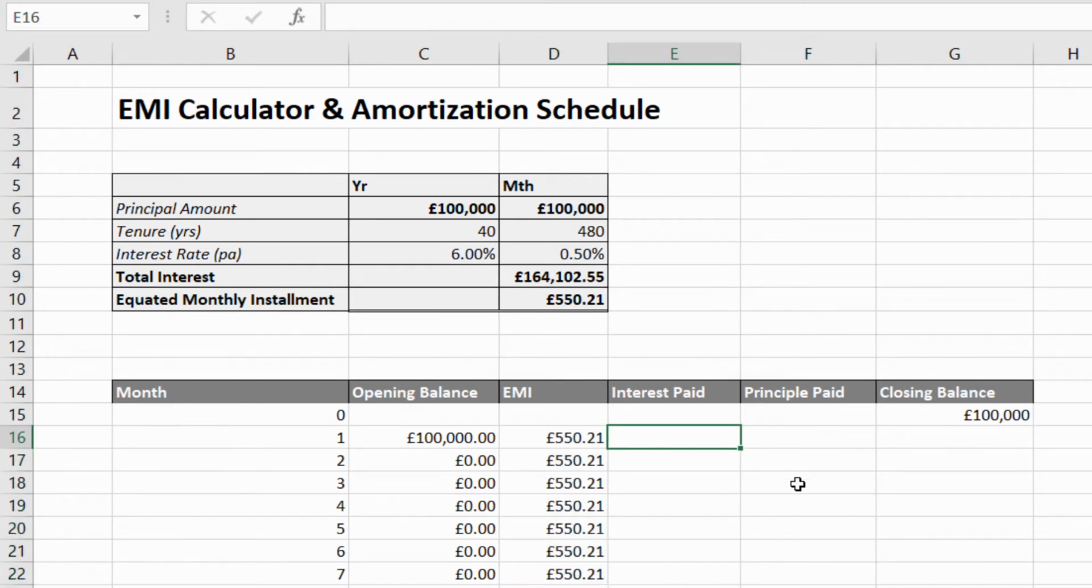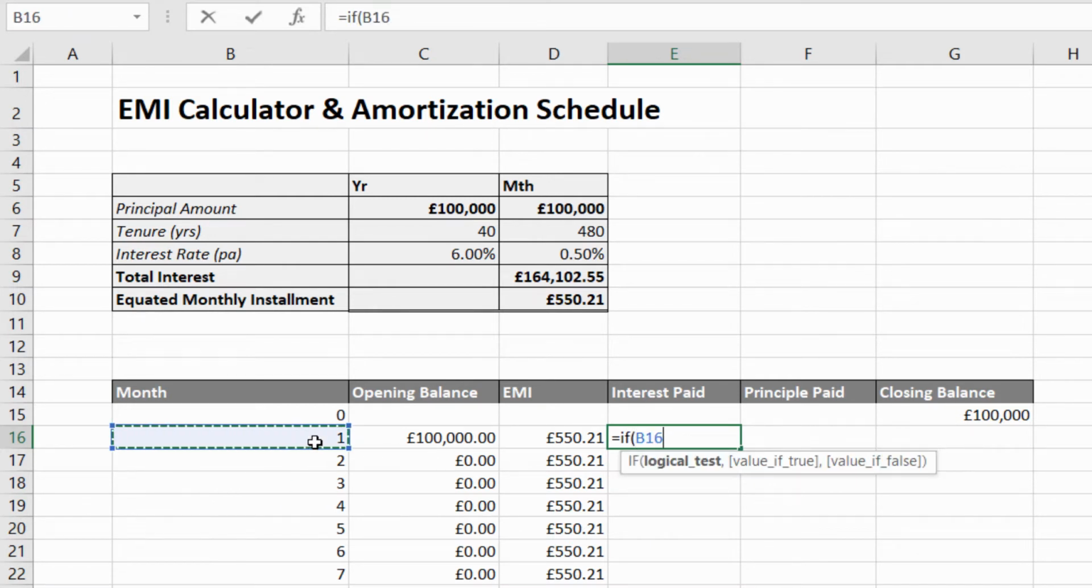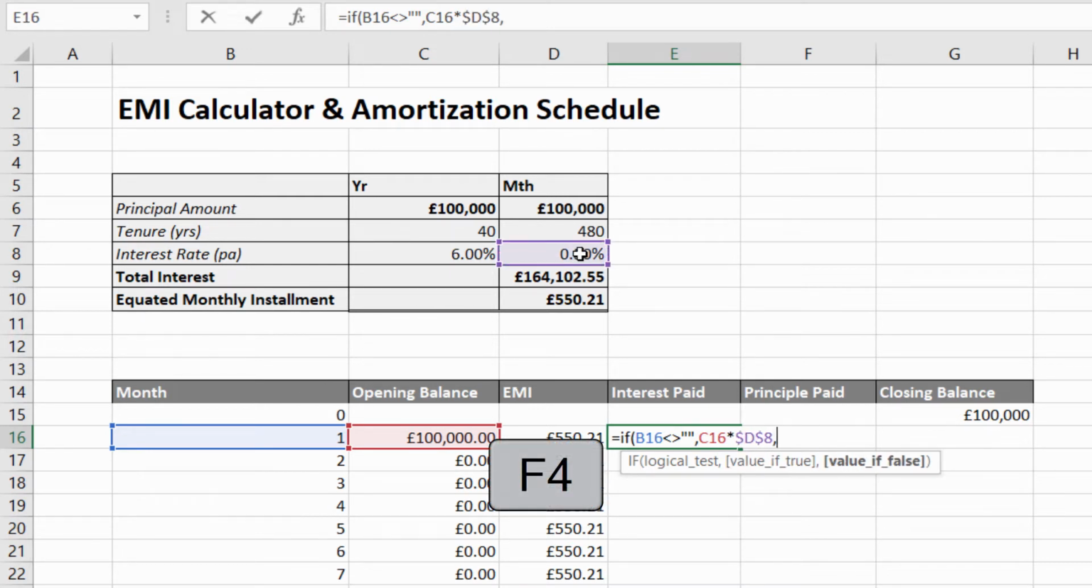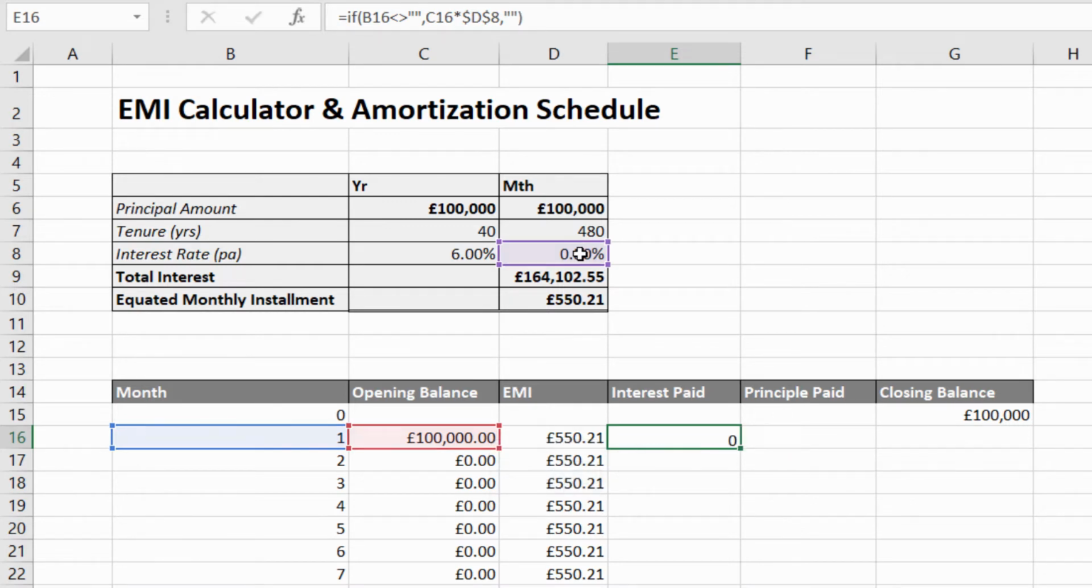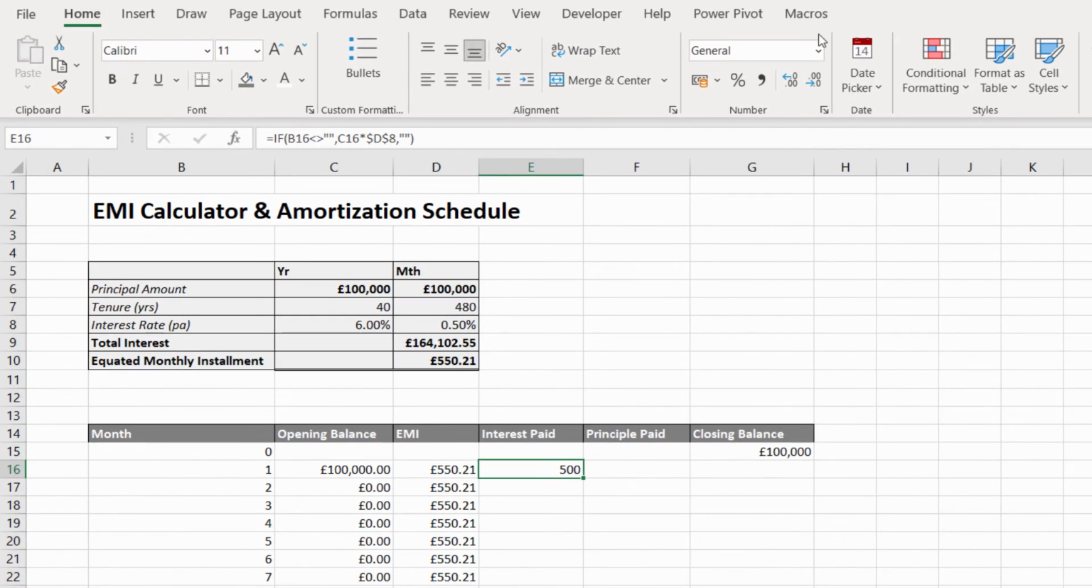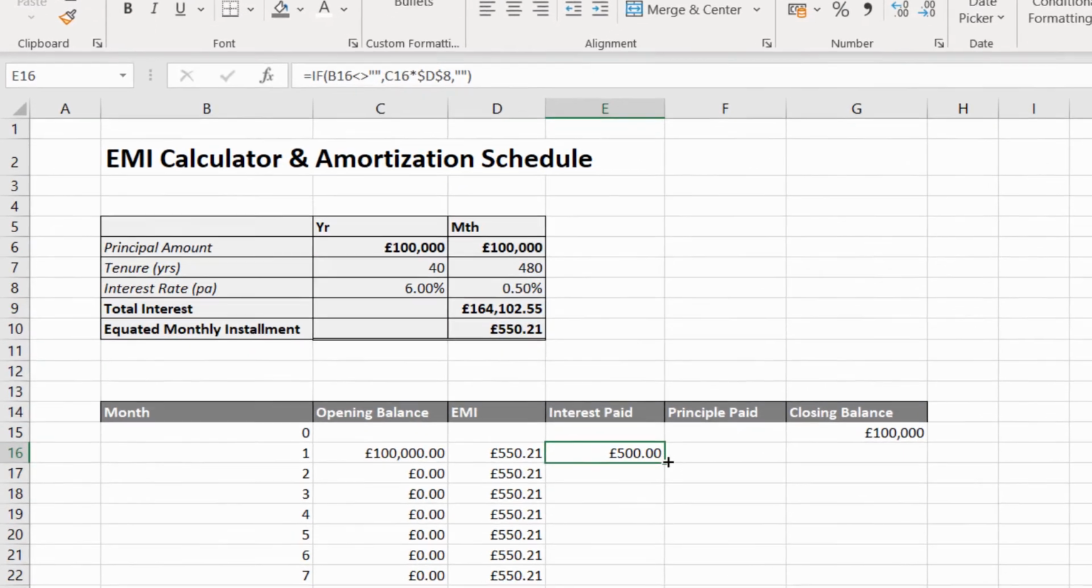Now, interest paid will be, once again, only shown if there is a value in the month column. And the calculation I want to perform is the opening balance times the monthly interest rate, which I'm going to fix. Otherwise, return an empty text string, close the bracket, press enter, apply some currency format, double click to fill